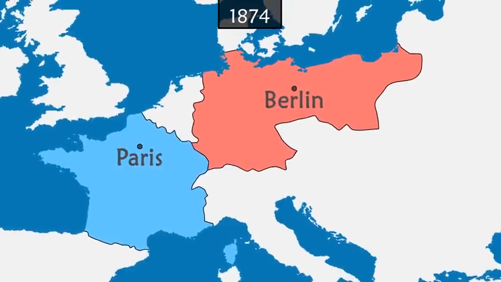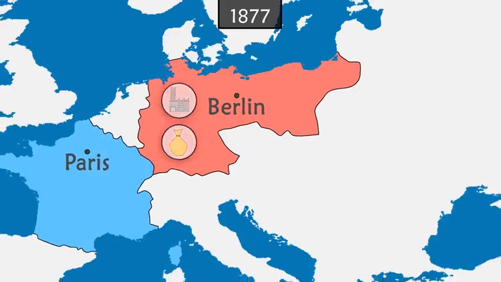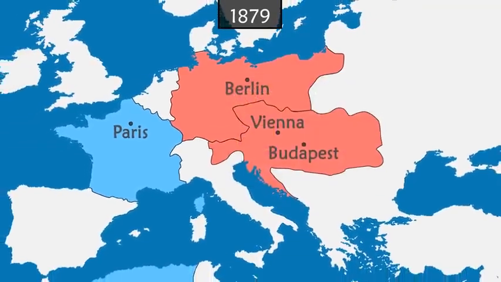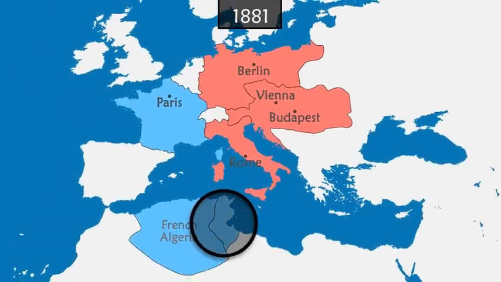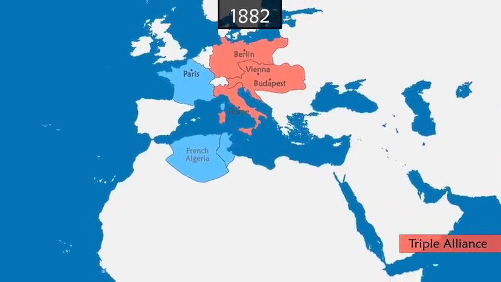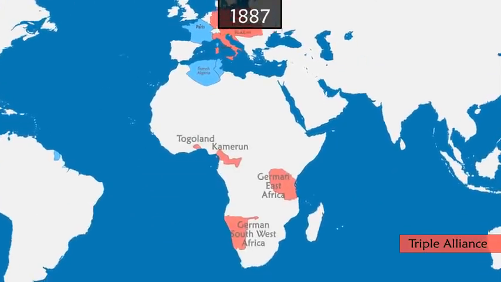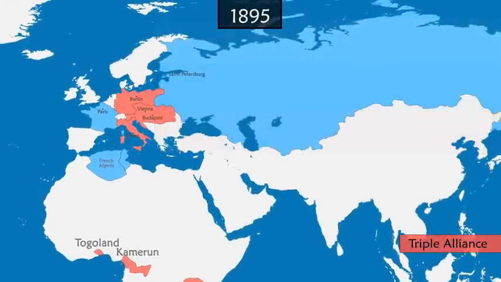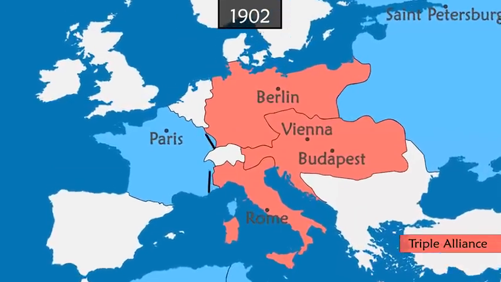In the following years, Germany would greatly advance its industry and economy. The country also builds alliances, first with the Austro-Hungarian Empire and then with Italy, which is frustrated by France colonizing Tunisia. The three form the Triplice or Triple Alliance. Growing in power and status, Germany begins colonizing African territories. For its part, France allies with the Russian Empire and signs a secret pact of non-aggression with Italy, thus avoiding a second front in case of war.